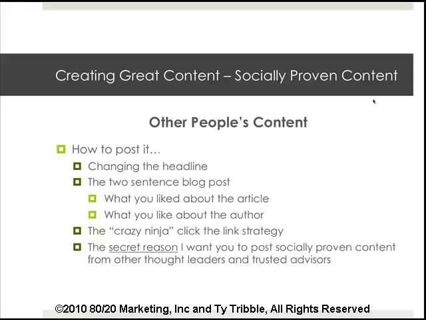And what you might find early on in your blog is most of your content might be other people's content. And I'm not saying that because you do that to be lazy, but because you're learning about the niche as you go. And so as you progress as a blogger, I want you to consider really developing more of your own content versus the socially proven content. Because as you learn, maybe this might take months. It could take a year or more. It could take 2 years before you really get to the point where you are one of those thought leaders